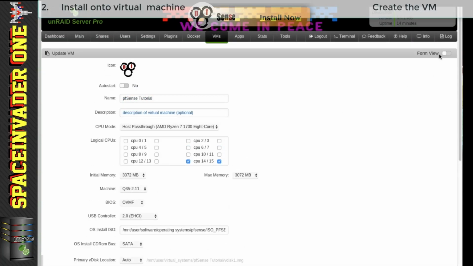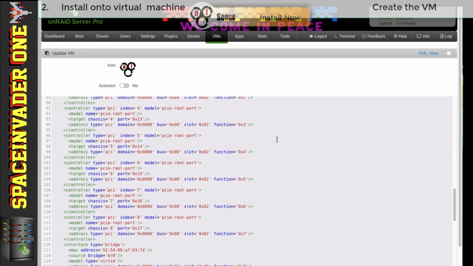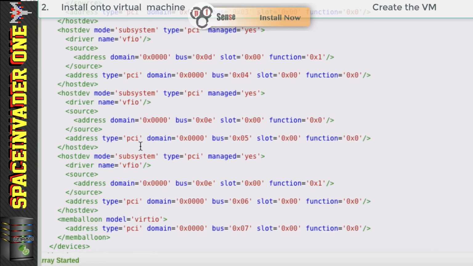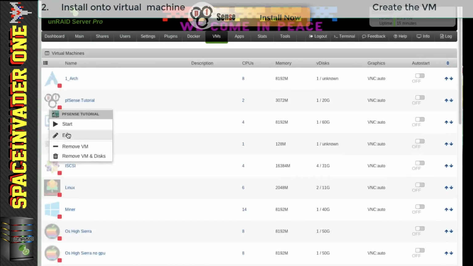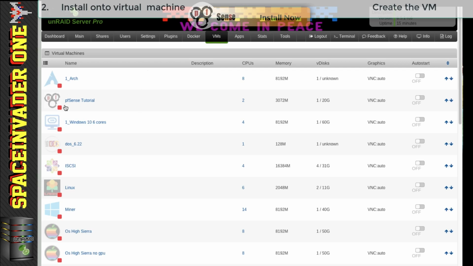So we need to click up the top right here into form view and scroll down, and we can see here where it says interface type equals bridge and then a MAC address here. This part of the XML is the network card, so we need to delete everything between the interface and /interface here. We need to delete that, and then scroll down and click update, and you'll see if we go back now, there's no virtual network adapter here. Okay, so now it's time to start up the VM